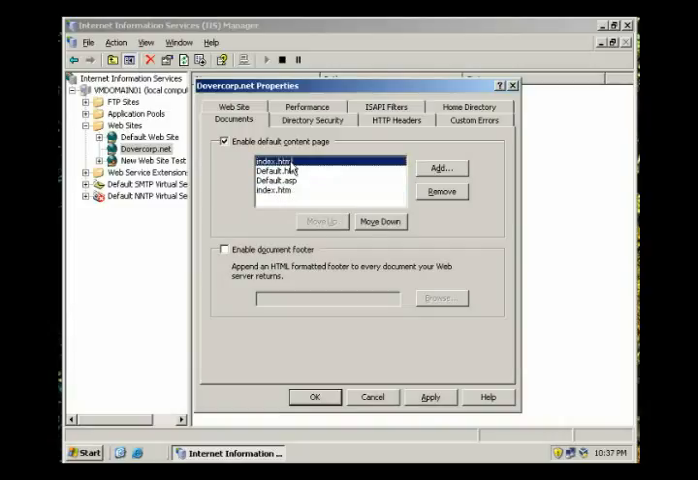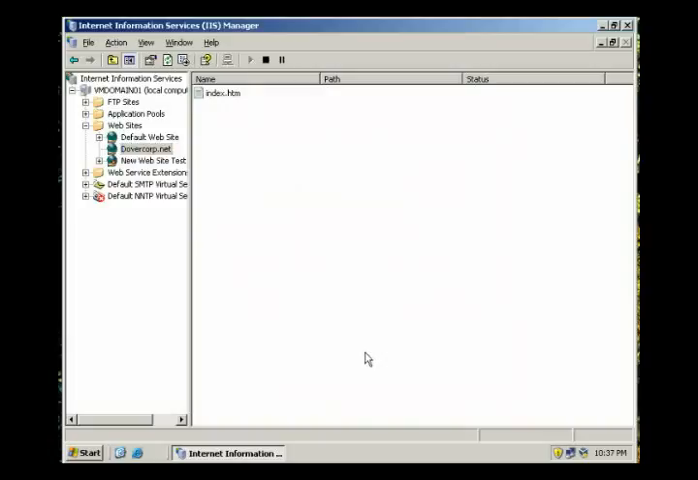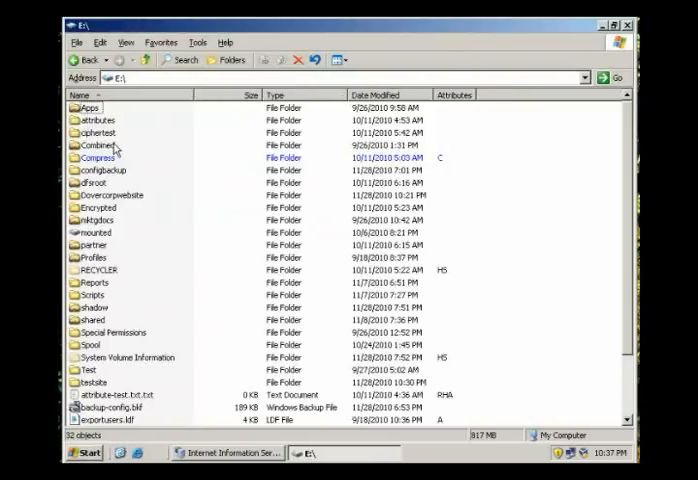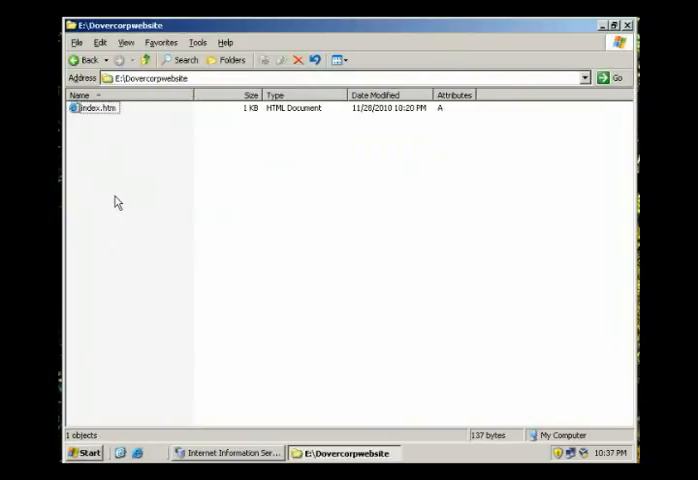We've created a new file that it should have named index.html, and here's our standard that we created previously, which we will not be using, I guess, at this moment. So we're going to go ahead and say OK at this point. And we now want to browse down to the DoverCorp website,